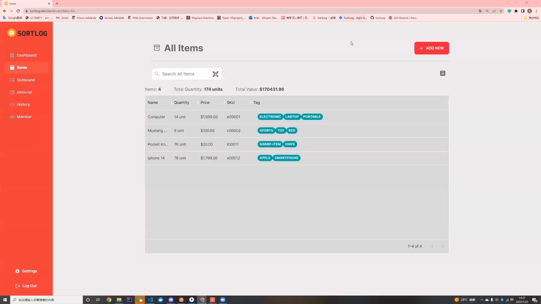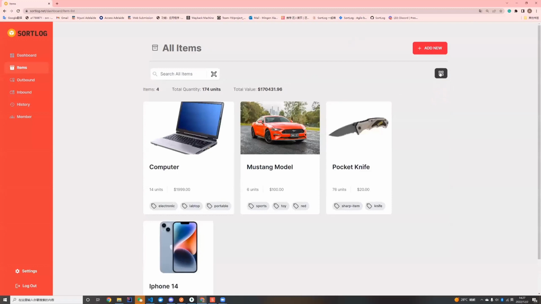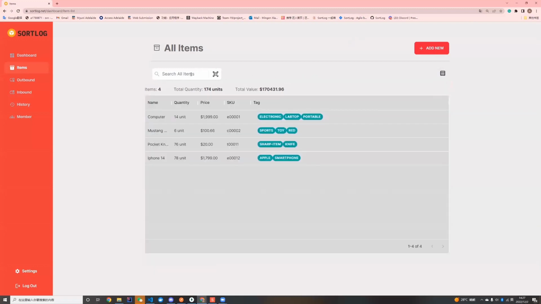So this is the item page, which lists all the items. While using it, the user can decide the way to show the information, and also modify the details or search and filter keywords to get specific contents. To add new items, the user can press the Add New button to fill in the details of the new